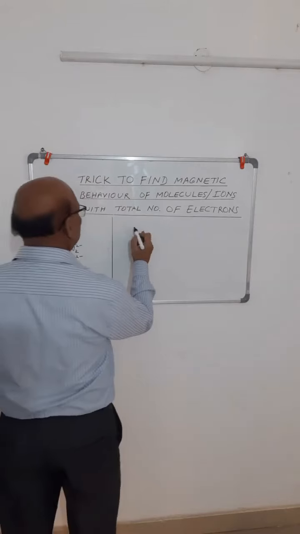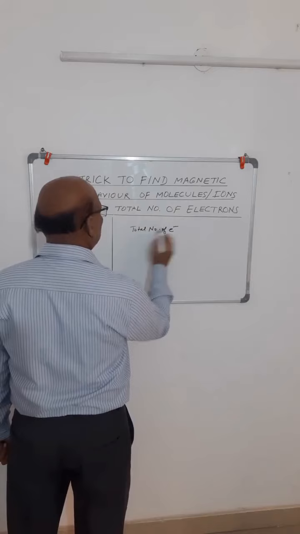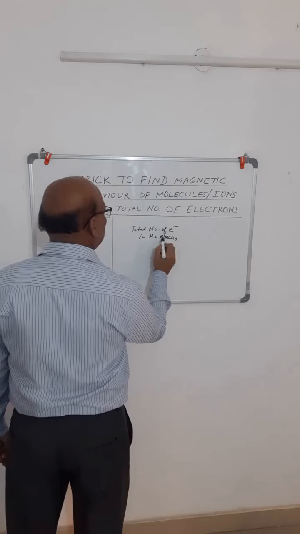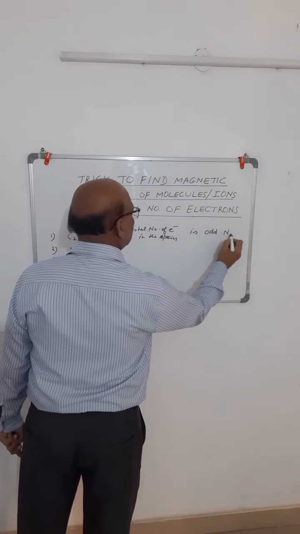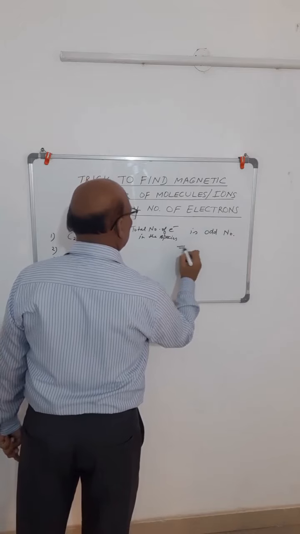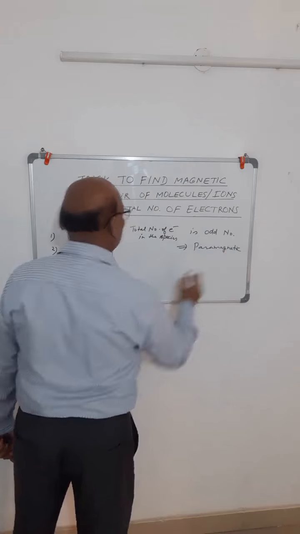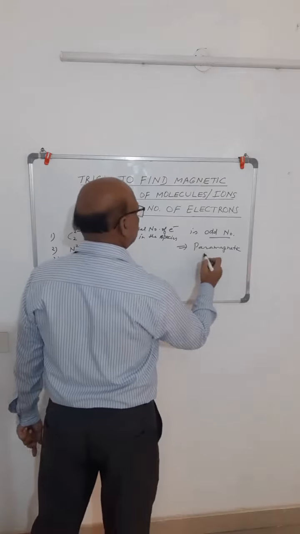Okay, so the trick is if the total number of electrons in the given species is an odd number, okay, then it is paramagnetic. Okay, so whenever the total number of electrons in the given species is an odd number, then it is paramagnetic,